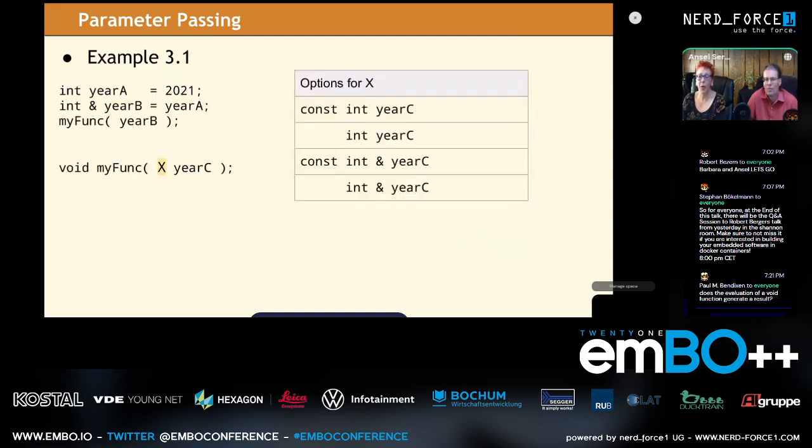So in this example, we're going to pass year B to myfunc. And let's take a look again at what X can be. This slide should start to look very similar. The first two are by value. And again, people would say this is passed by value, but it's received by value.